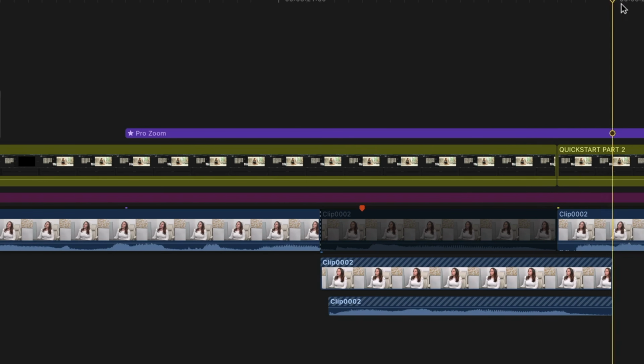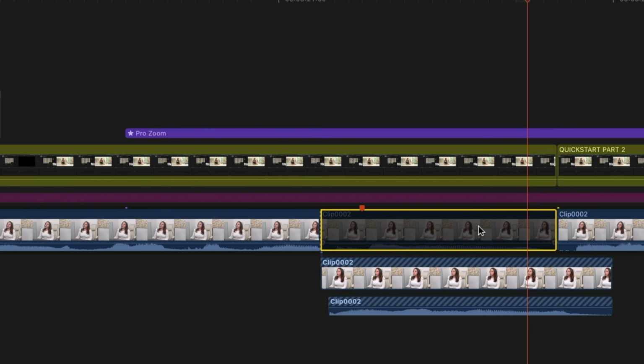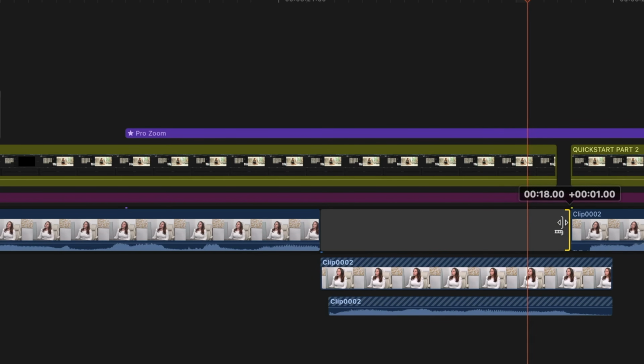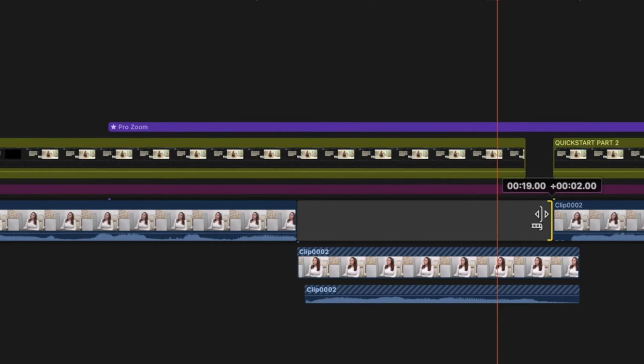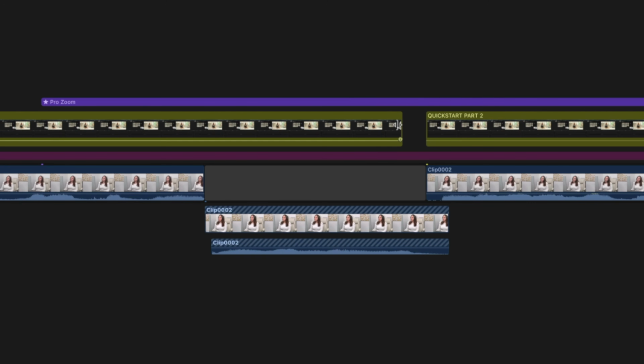However, on the back end, everything is obviously too tight. So what I would do from here is select the original clip we don't need anymore. And on my keyboard, I'm going to hit Shift and Delete to make that a gap clip. And then I'm going to extend that gap clip to leave a little bit of breathing room between this soundbite and this soundbite. And real quick, I'm going to close this gap in my connected clips, and then I'm going